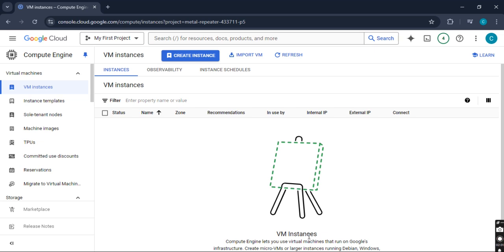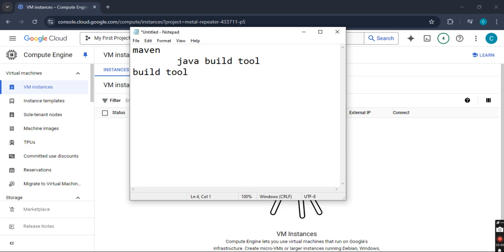So to do this entire process, we need a build tool. So for doing this, we need to install Maven. So Maven is a plugin as part of VS Code. So in today's class, I am going